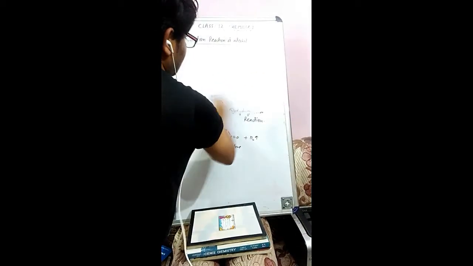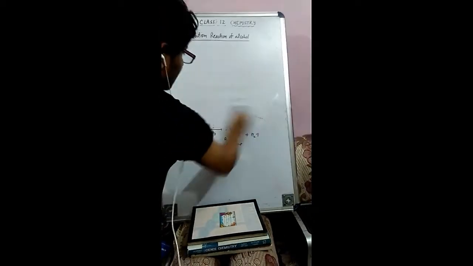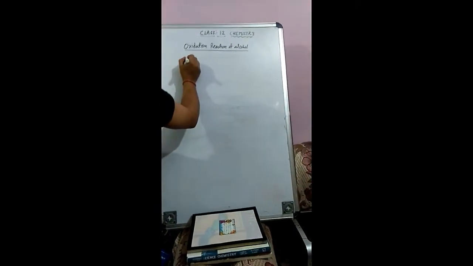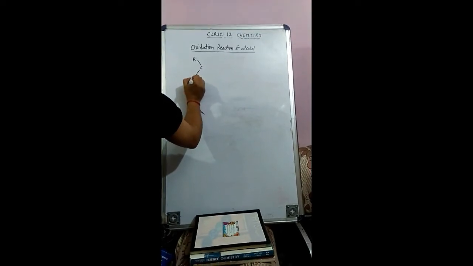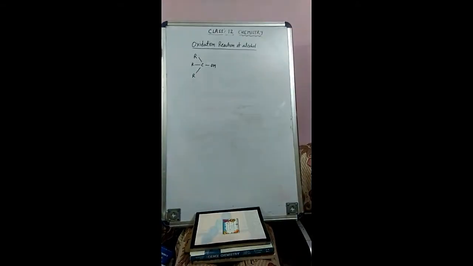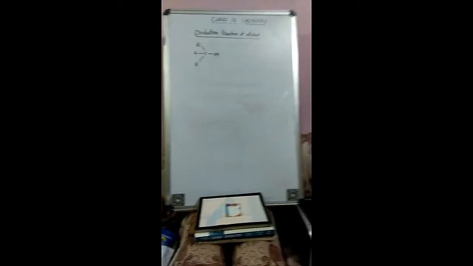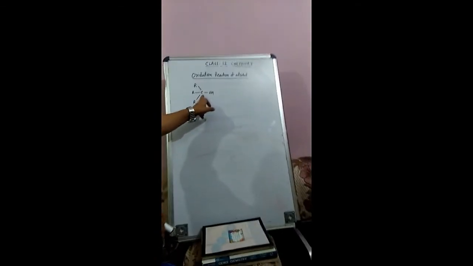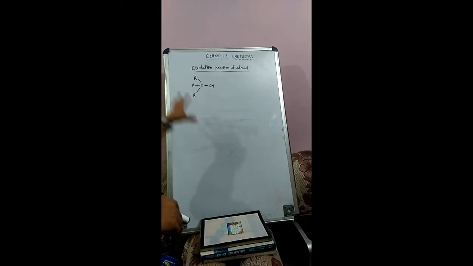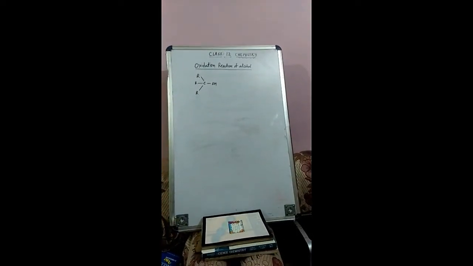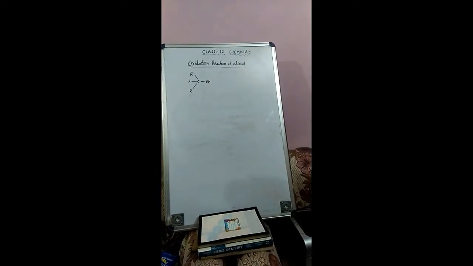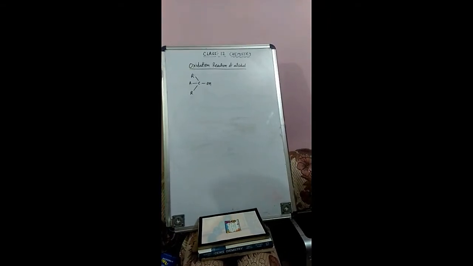Now, if I talk about the tertiary alcohol, the tertiary alcohol is R single bond C, single bond R, single bond R, single bond OH. If you see here, in a tertiary alcohol there is no alpha hydrogen. Alpha hydrogen means that on that alpha carbon no hydrogen atom is attached. So it will not easily undergo oxidation. It gives the oxidation reaction only under special conditions and in the presence of a strong oxidizing agent.